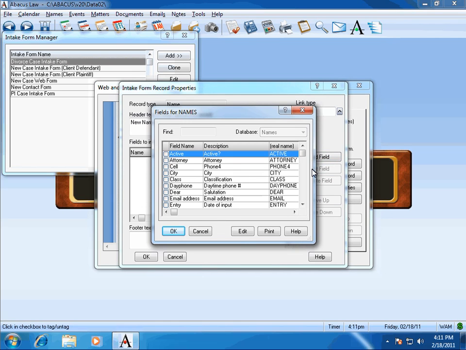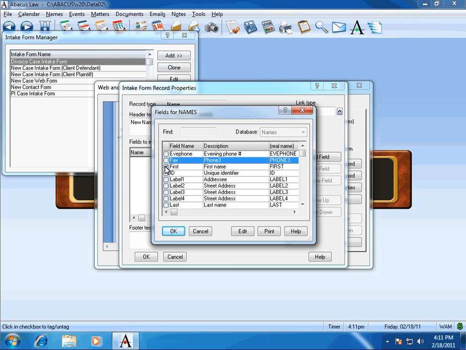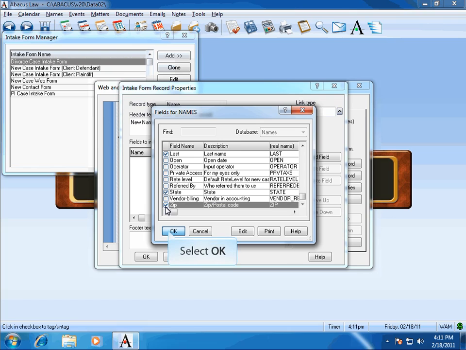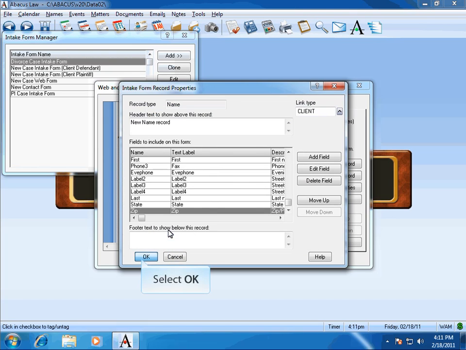In this example, we will be selecting the fields that we want to add to the list. Once all the fields have been selected, click the OK button. Click the OK button again,